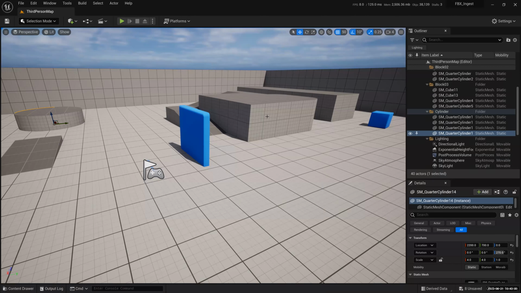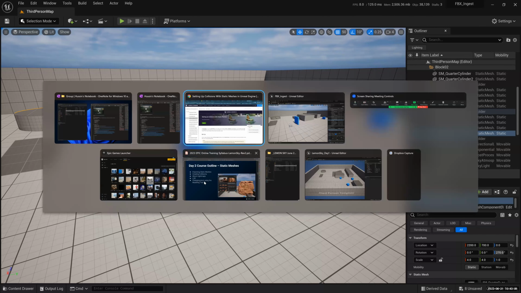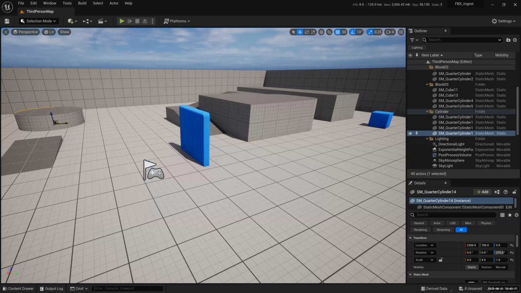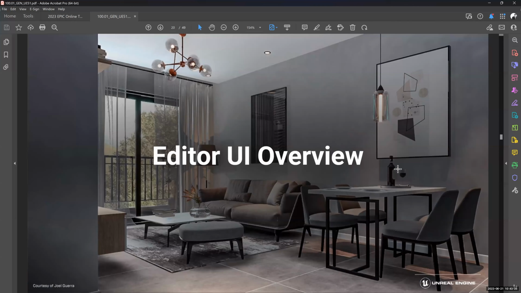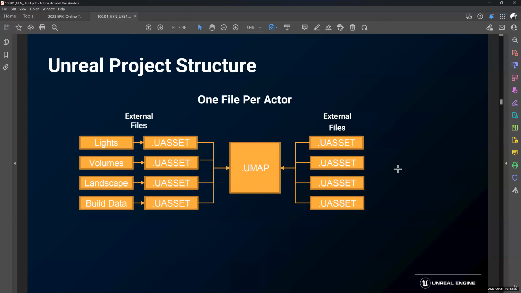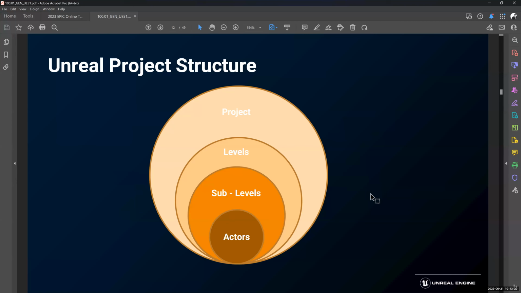The other thing that I want to talk about before we actually start is a couple of things I forgot to mention the other day because I was so excited. The project structure, how the project structure in Unreal Engine works. So I'll give you a broad overview of how Unreal Engine takes care of its project structure. Let me just go back here for a bit. Okay, there you go. Project structure.